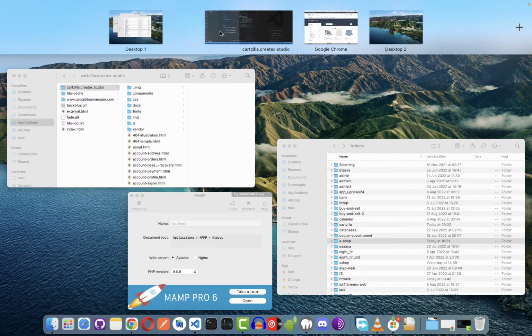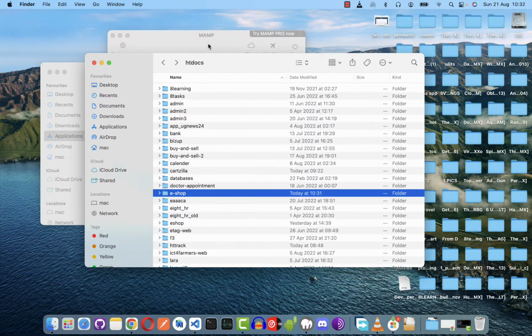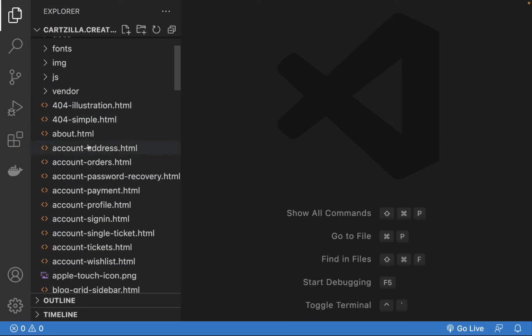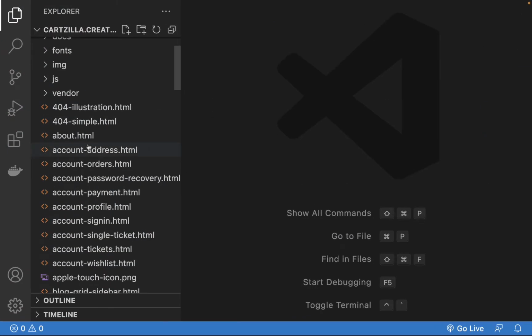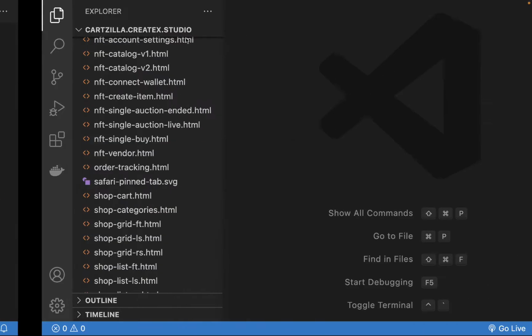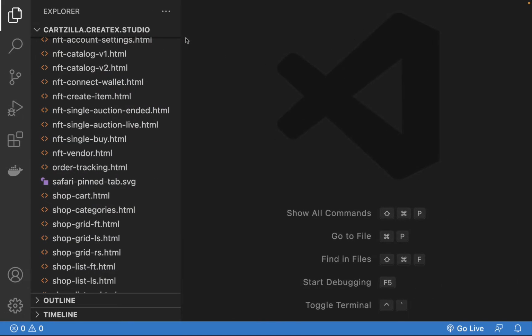Now I have two folders. One is that of HTML. I have now two things opened: that one of the template, or bootstrap template, and then the second one is our htdocs folder that I've just created right now. So I'm going to go ahead and create my first PHP file by coming to this htdocs folder